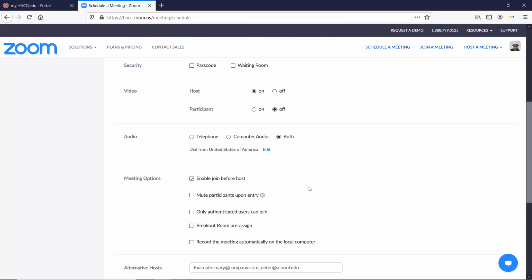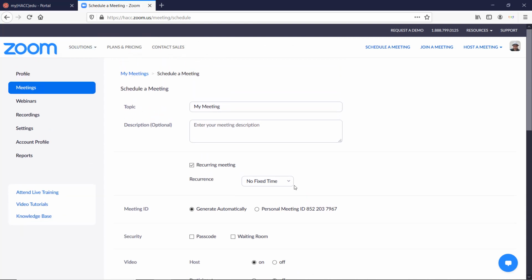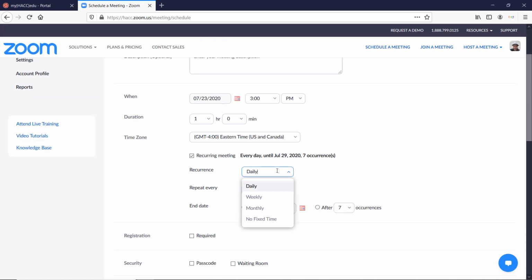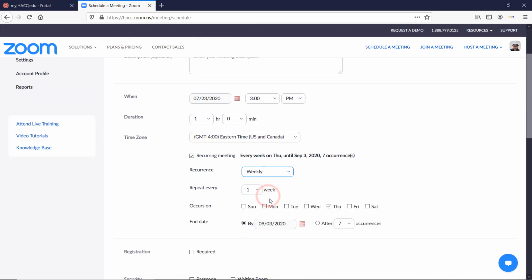If you want to create a separate meeting for every occurrence, go back to the Recurrence drop-down menu where the No Fixed Time option is. Choose daily, weekly, or monthly, and then choose the day or days they will recur. Choose the date when the meetings will end. This is probably the end of the semester if it's for a class meeting. Zoom allows you to have it last for up to 50 occurrences, so 3 meetings per week for 15 weeks should fit. If you need more, you'll need to make a new recurring meeting that starts whenever this one reaches 50 occurrences. You can do that now or when you get closer.